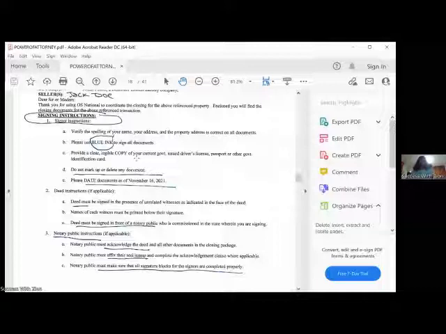See, so even if your stamp doesn't say it, you would have to write my commission expires and when it expires. If the notary seal does not reference the notary name, the name of the notary must be printed, typed, or stamped. And I do this. It is not required in my state if it doesn't ask for it, but I still do it because I think it's just formal for them to know your name, especially if you have a signature like mine that you don't understand what it says.